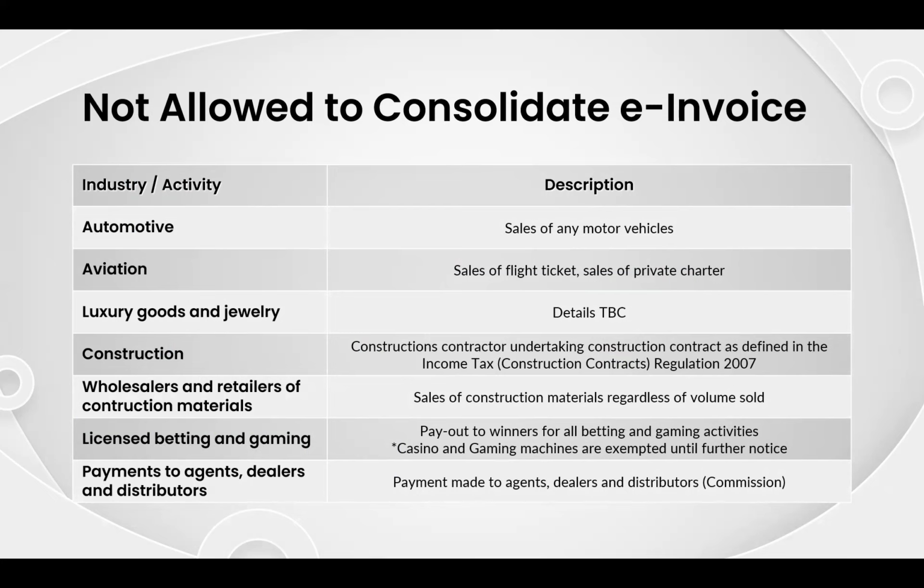This one should be confirmed later because due to the 1st of May, the luxury goods tax has been delayed. So this one will be confirmed by the government later. But they will put this luxury goods and jewelry on hold. If it really happens for luxury goods and jewelry, that means next time you go to Habib Jewels to buy a gold chain, they will give you an e-invoice. They will ask your name, your TIN number, and so on. Construction